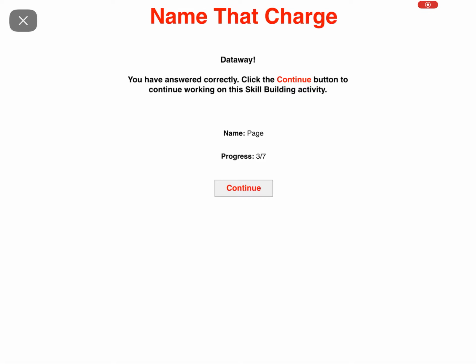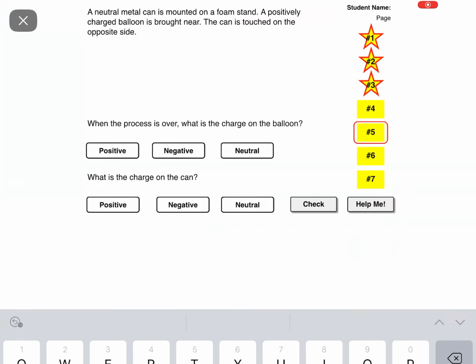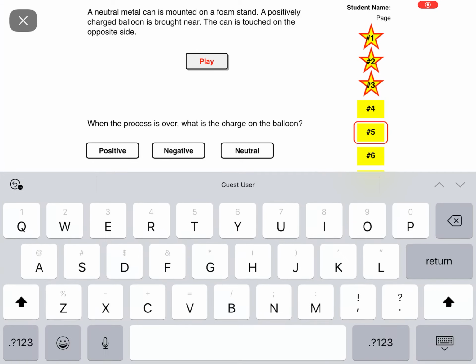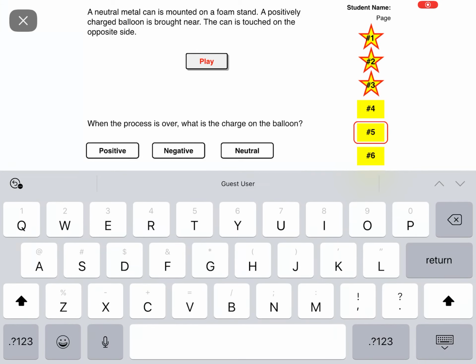Okay, hopefully that's a good start for you. Go ahead and work your way through, and remember that if you are having trouble, please check on the little help me button down here. I'm going to press it now so that you can see what happens when you press